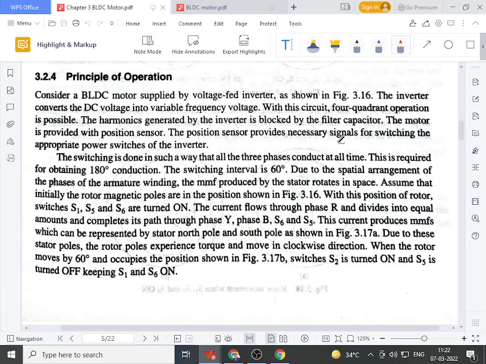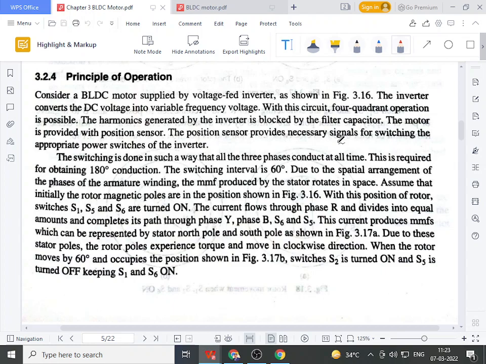So there is no necessity of connecting external rotor position sensing topology or external rotor position sensing devices for the modern BLDC motor. In the motor construction itself, Hall effect sensors have been embedded, and simply the terminals of those rotor position sensors, that is Hall effect sensors, are brought out for external connections. Because we have to connect that particular BLDC motor rotor sensor terminals to the power converter device.